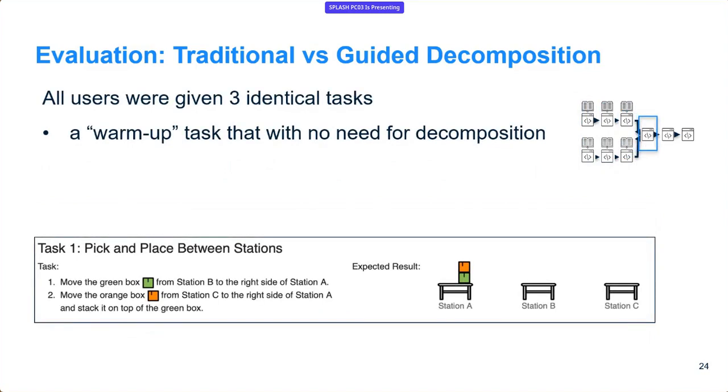For the tasks, we started with a relatively simple warm-up task where you don't really need composition. It's quite simple, roughly 10 blocks of code, just moving some blocks around to get them accustomed to the environment and the idea of decomposing and writing programs in it. It's also a sanity check: does our environment work in this context, where you have a small program and decomposition isn't necessary? Our approach might actually be harmful in this case,